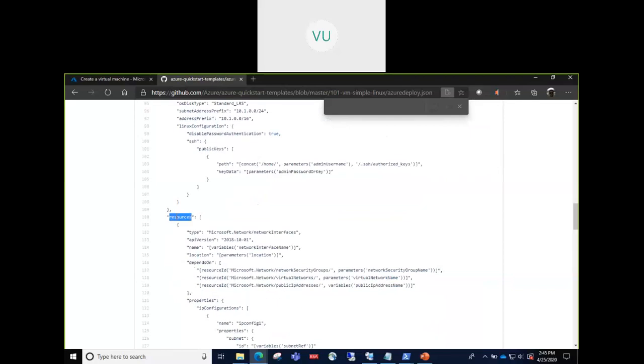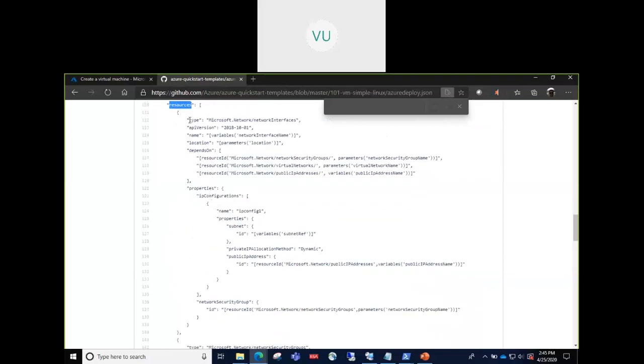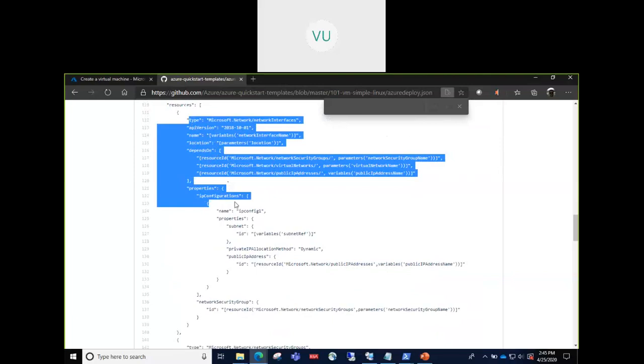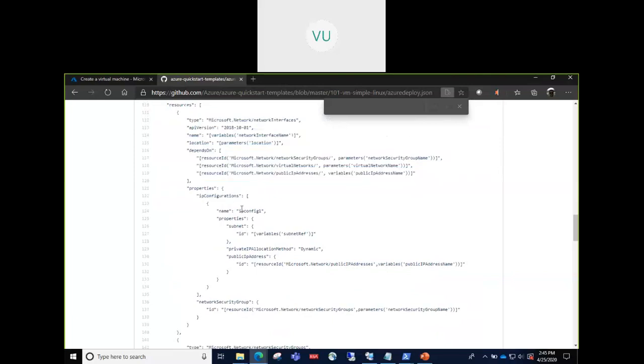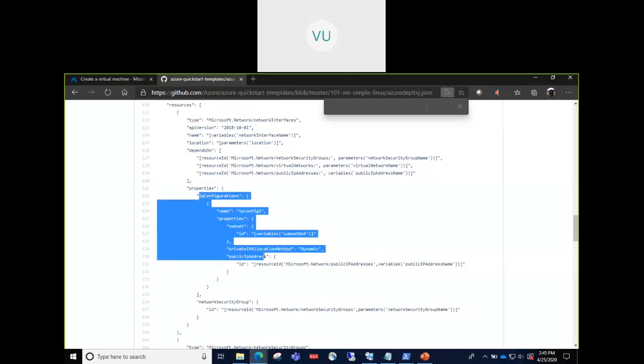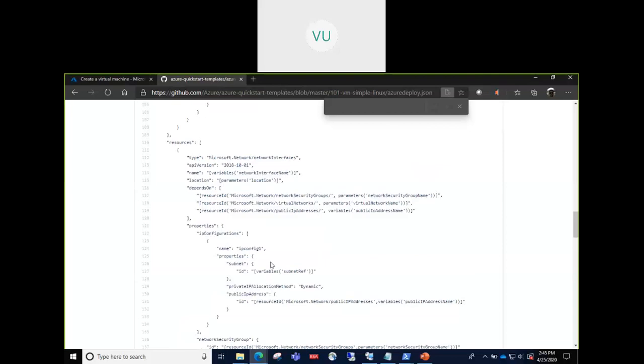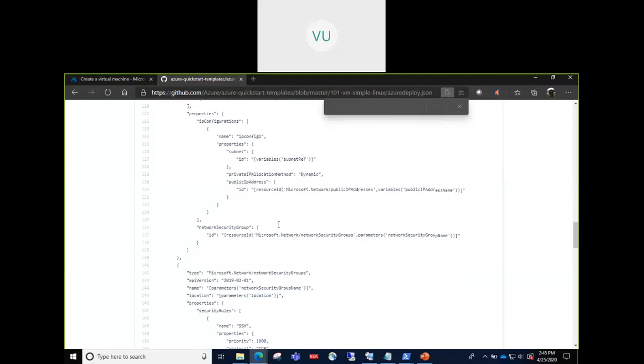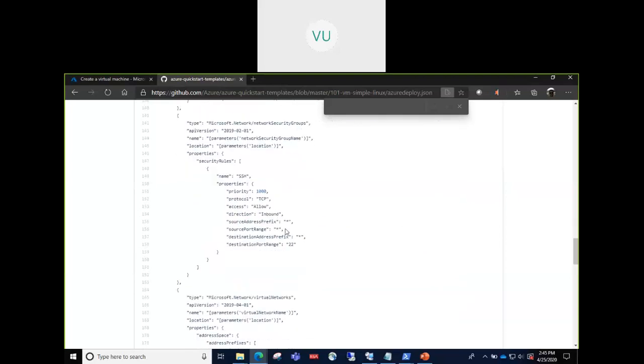So out of these three, resources is something which will differ. The structure of these resources will differ depending upon the type of resource you are going to create, because each type of resource will demand a different set of parameters, configurations and properties. So accordingly, the list will vary here. But once you know these are the parameters for this virtual machine and you have gone through that, that list pretty much will remain static. So the next time you create a virtual machine, it will still be the same. The only thing that would differ is the values that you give for each parameter.